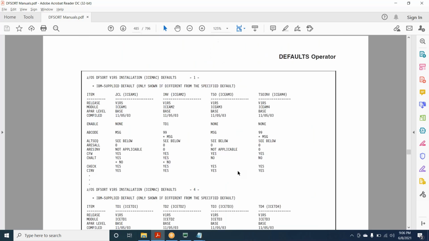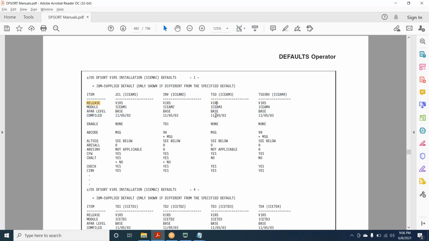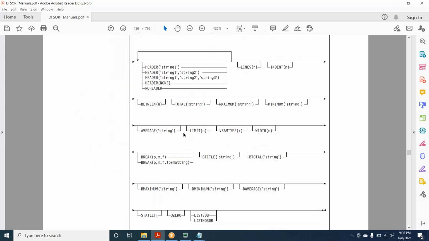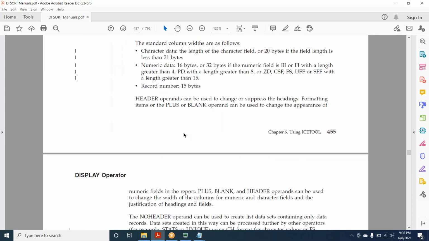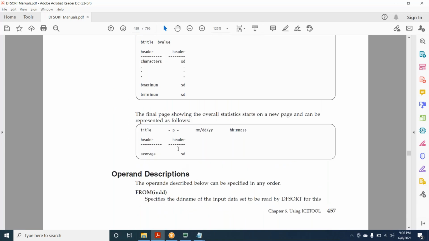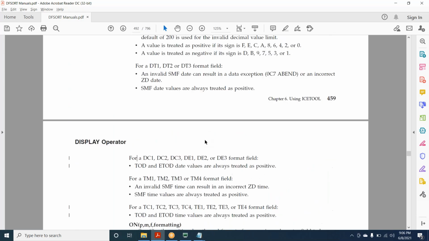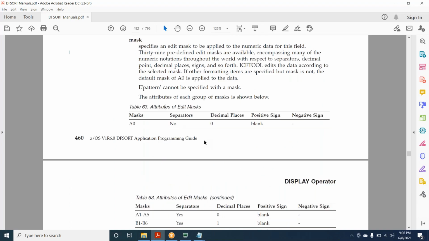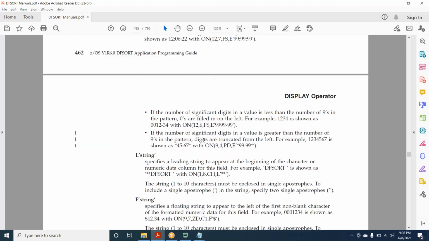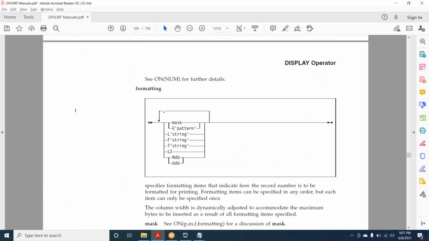Next, if you want to generate reports like this, you can generate them like item, JCL, INV. Something like this, we can generate a report. DISPLAY can also generate reports with headers and titles like this. Headers, page number, date, time, all of them we can do. On DISPLAY itself, I can take a 3-4 hour session.